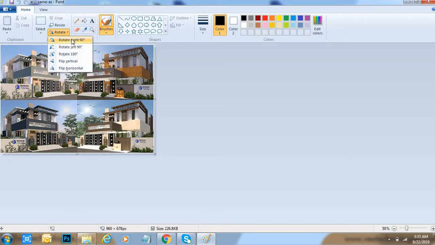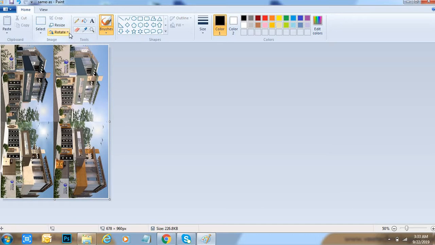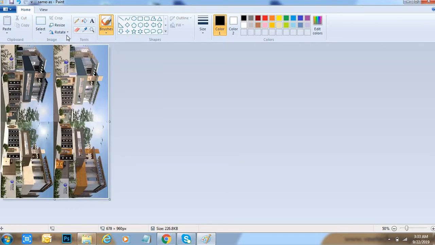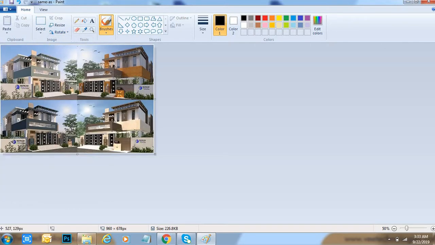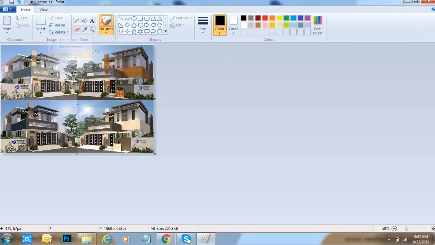Here you can rotate right 90 degrees, or left 90 degrees, or else rotate 180 degrees. Rotate right 90 degrees, left, one more side left. Okay, if you want 180 degrees, if you do it 2 times, it becomes 360 degrees. Okay,